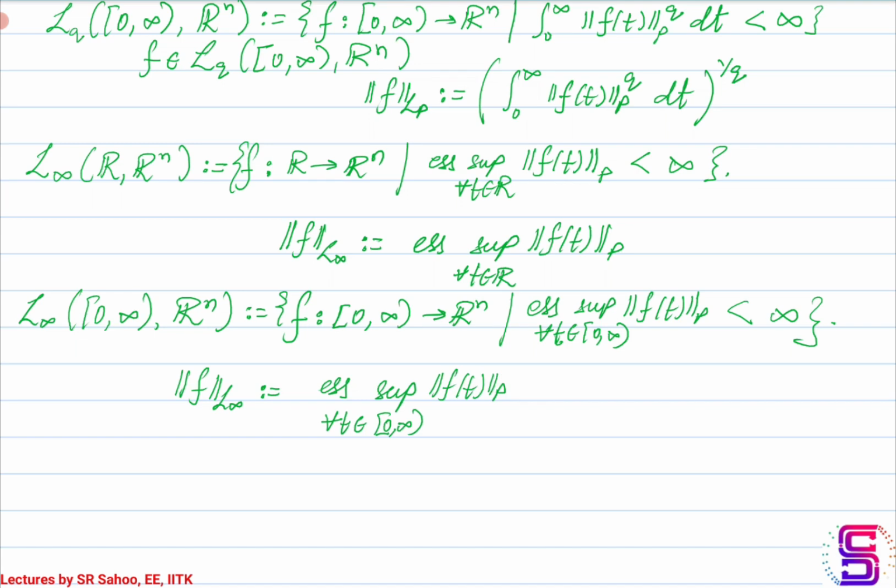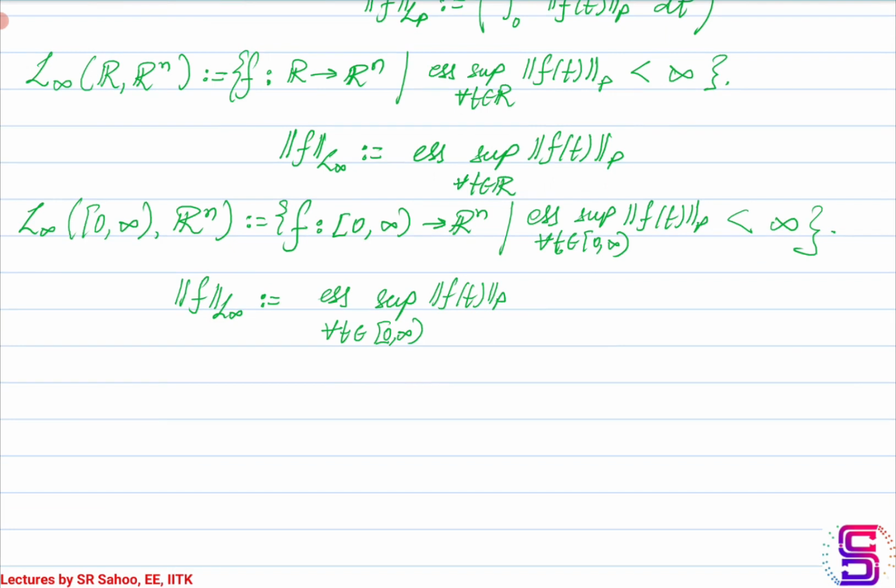Okay, so this is what we have. In the upcoming lectures we'll take up some examples and see what L infinity space is, which signals can belong to L infinity space or any LP space for that matter. And from there on, we'll look into signals. So we'll see that very popular signals that we have actually do not belong to any LP space, and a signal belonging to L infinity space may not belong to